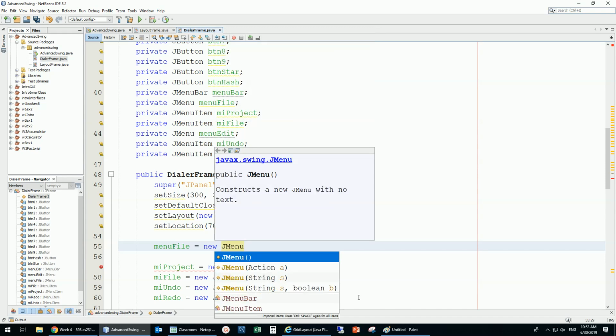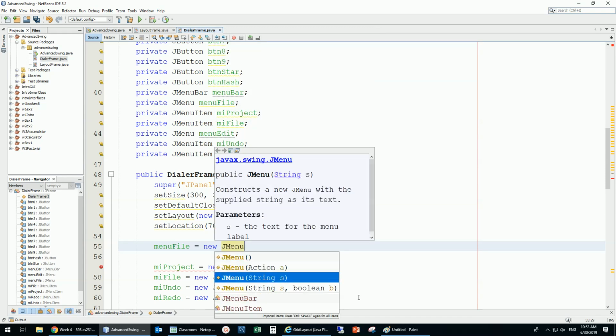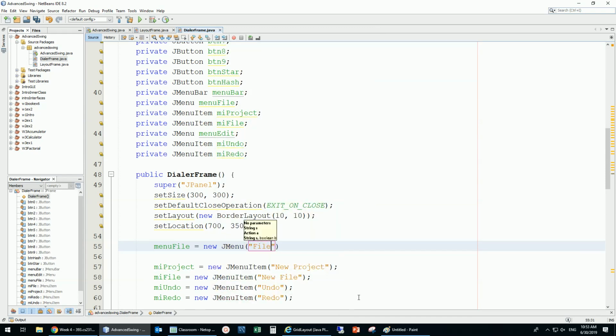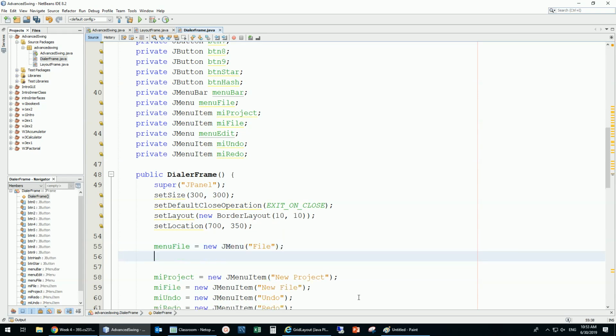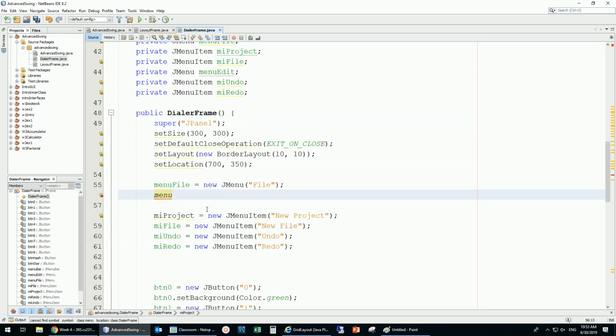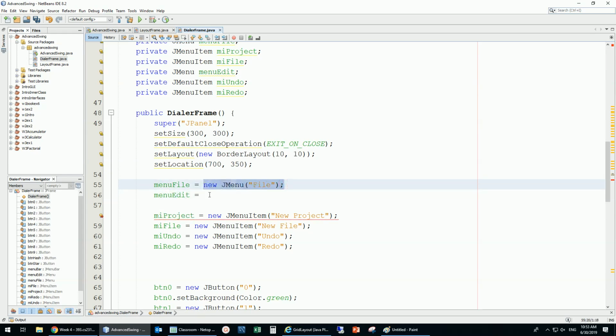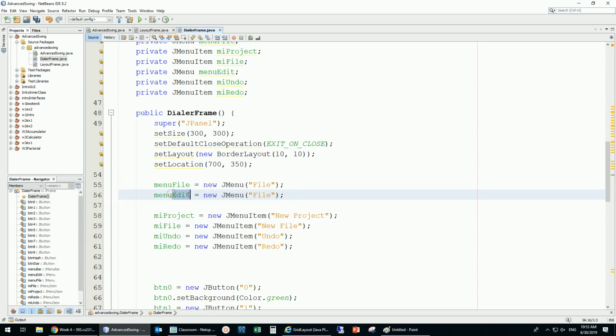New menu, and then I'm going to call it file, and inside this menu I will add these ones, but later on. Let's put them later on. Now the other menu, this edit, is going to be new menu with the edit,